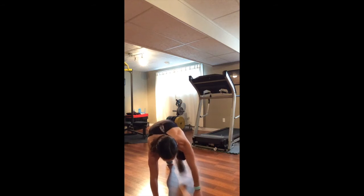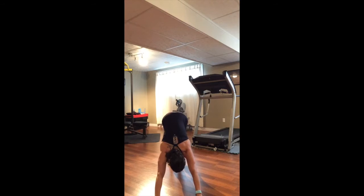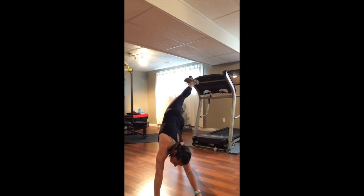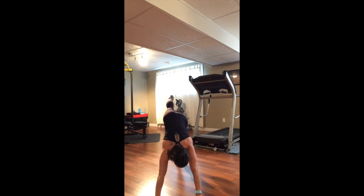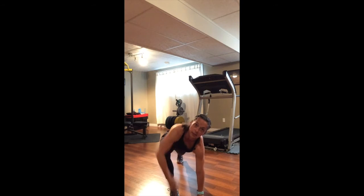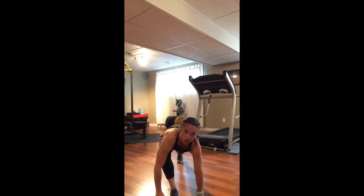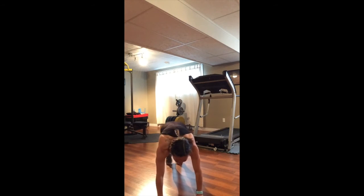Bring the hand down to the floor, step back plank, core should be nice and tight, press back to down dog. Right leg lifts, left heel comes to floor, and try not to open at the hips here. We're going to try and square the hips to the floor on this. Step that right foot through the hands, T-spine rotation here, bring it down to the floor, step back plank, press